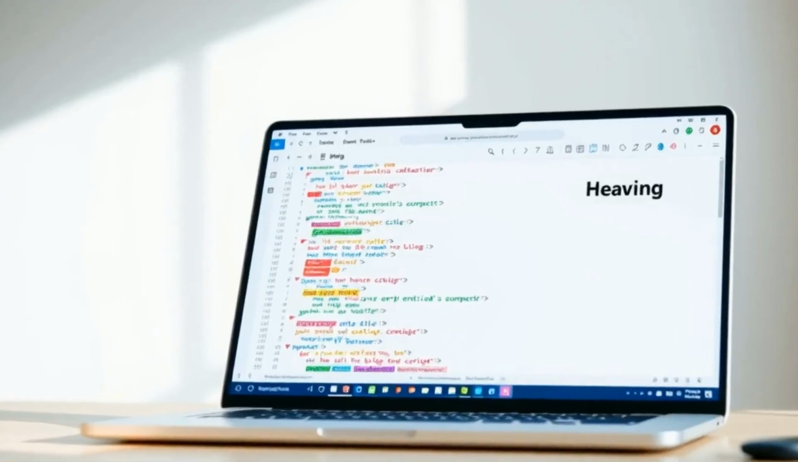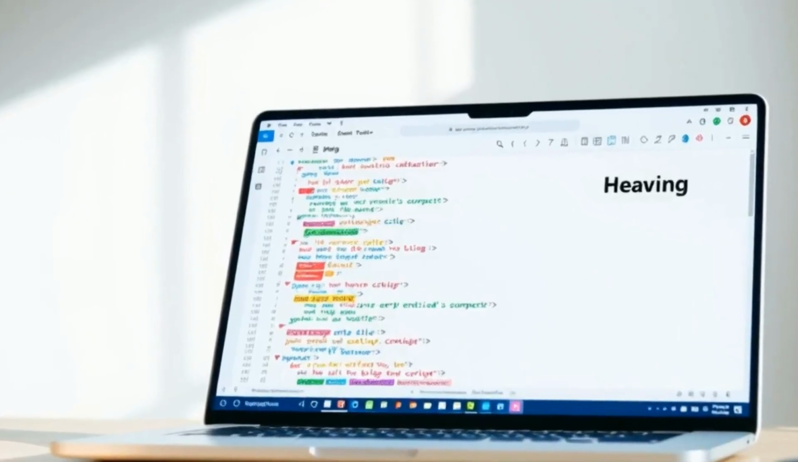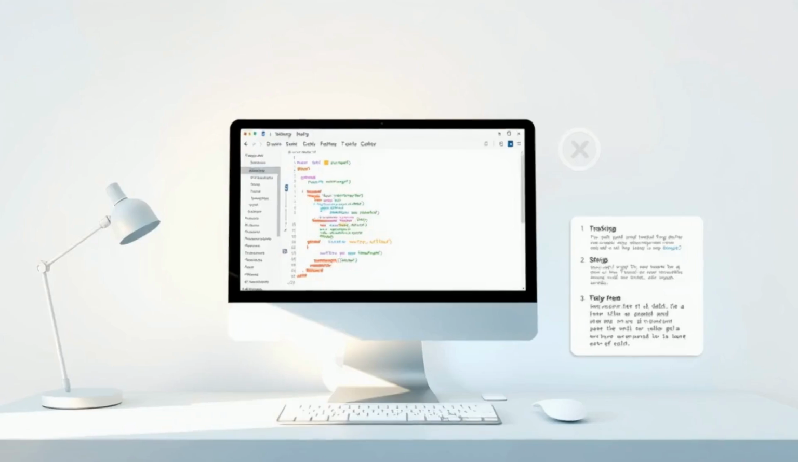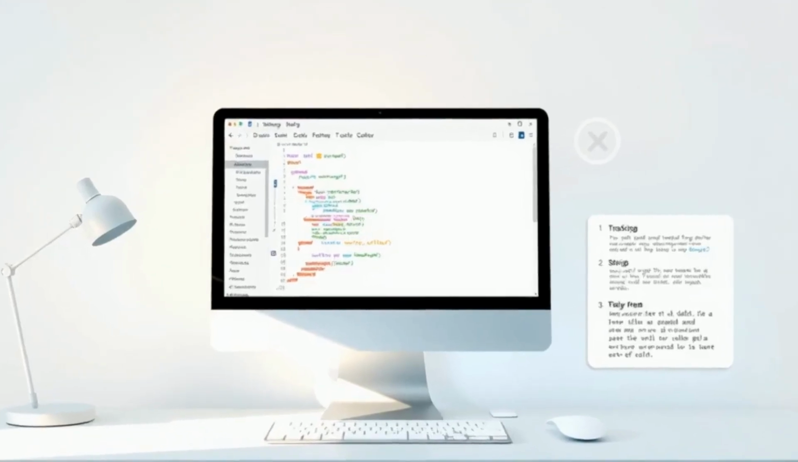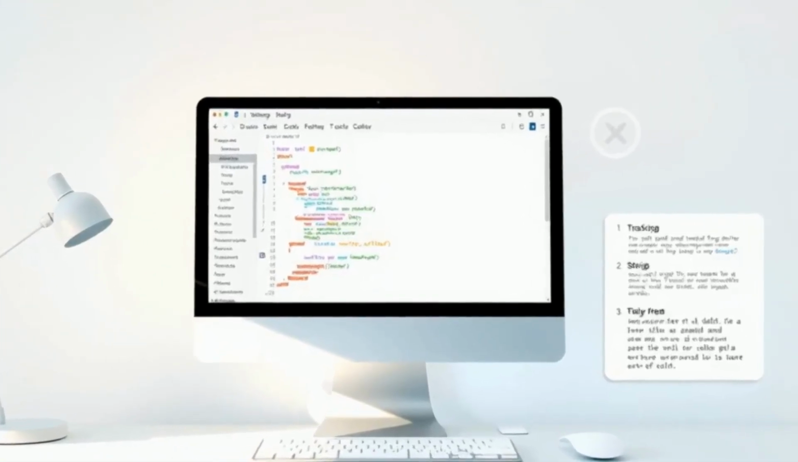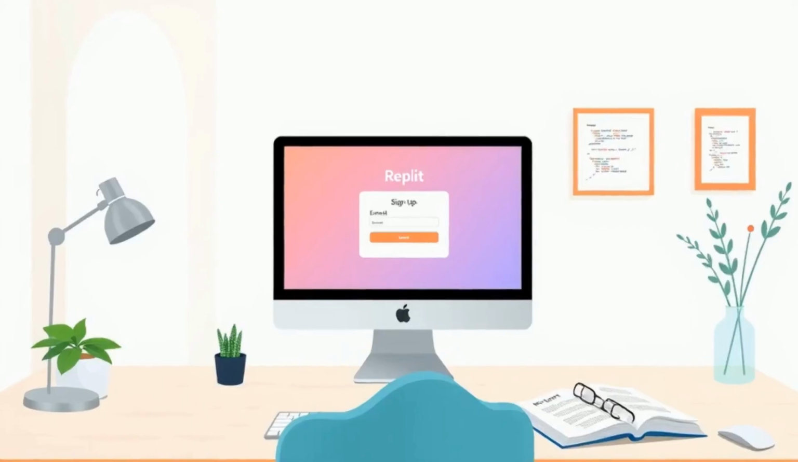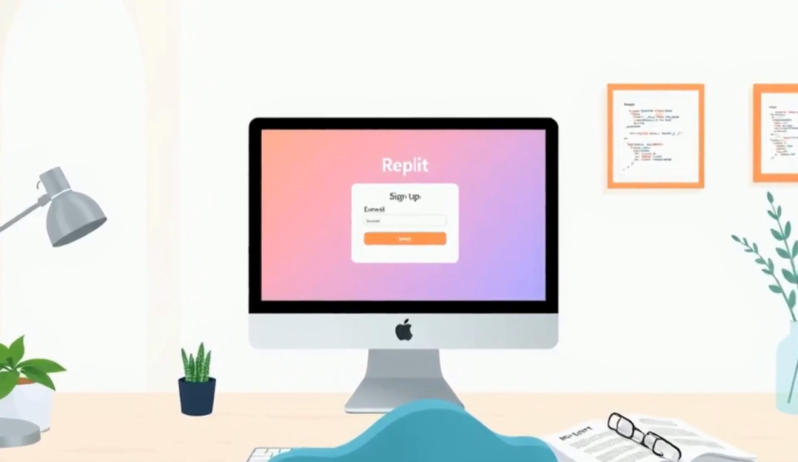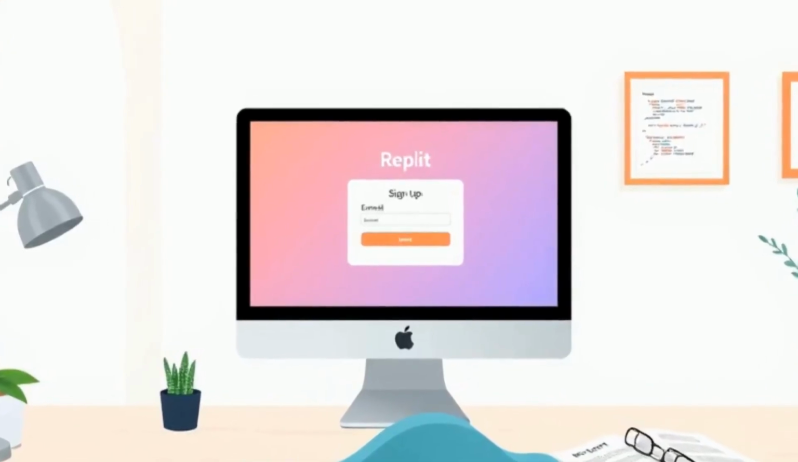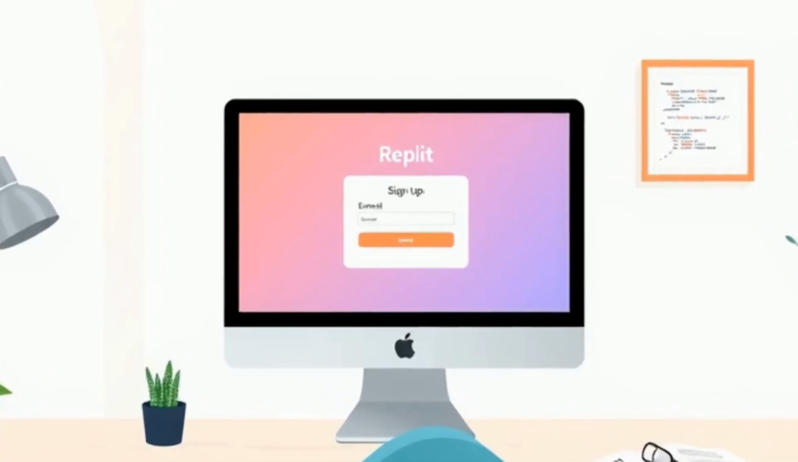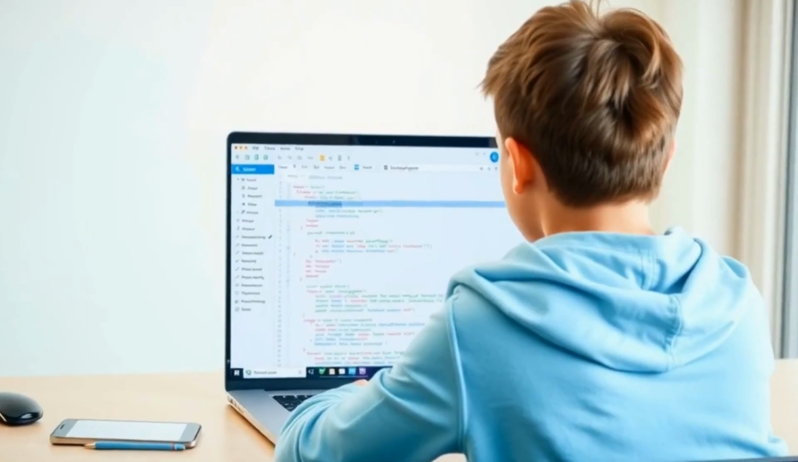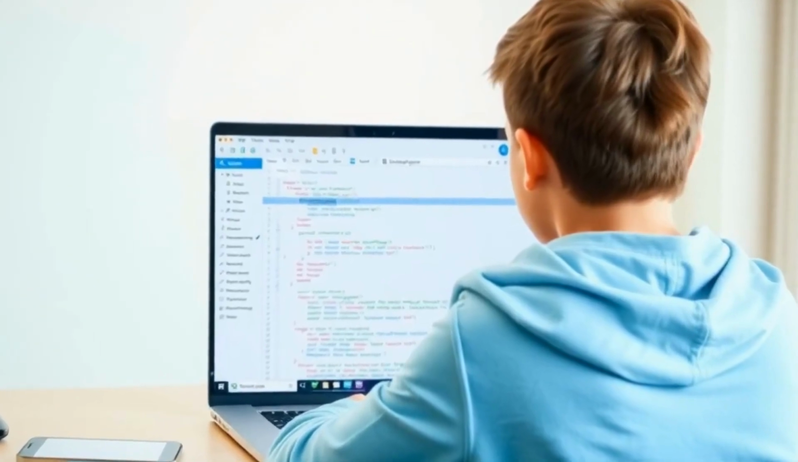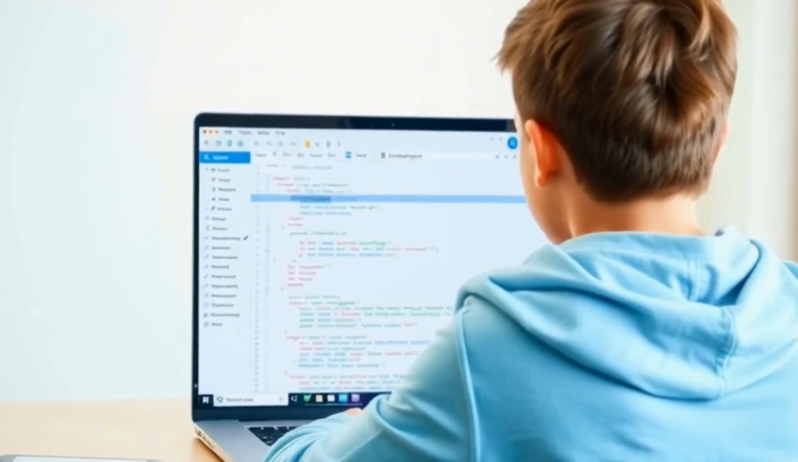Think of it as a combination of a word processor for code and a web server that can host your website, with the key advantage being that everything happens in the cloud. When you are ready to start, you will need to visit replit.com and create a free account by providing an email address and creating a password. Once you have signed up and logged in, you will see the Replit dashboard, which serves as your main workspace